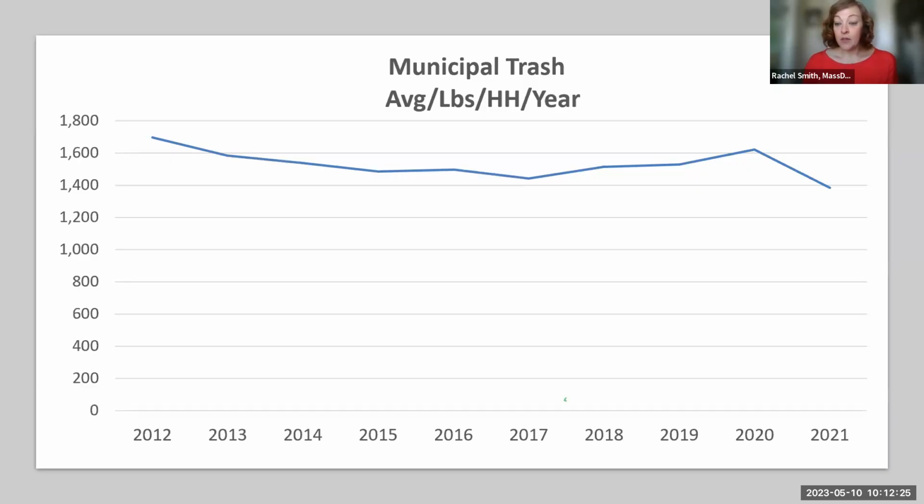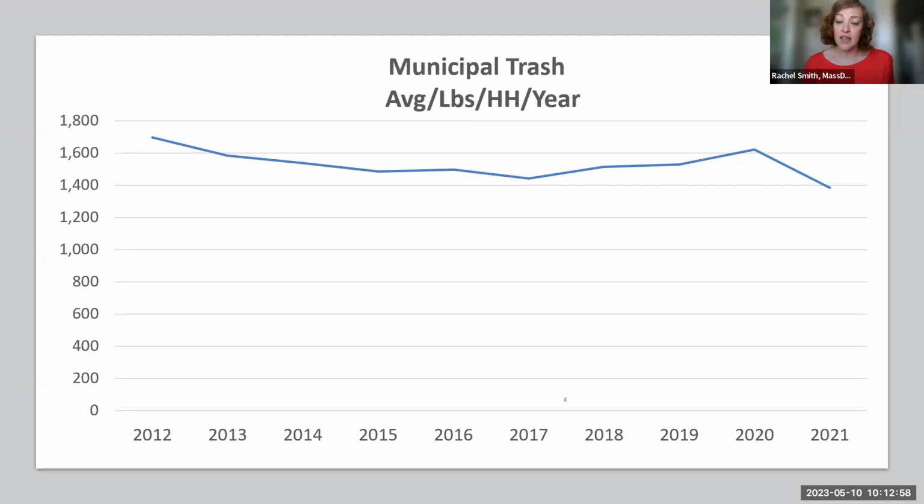In considering how the municipal waste reduction branch can contribute to waste reduction for the Commonwealth, we've looked at our municipal trash numbers over the years. It's important to know that this data is a subset of data. It's based on what is reported to MassDEP by you all through the Recycling and Solid Waste Survey. So it only includes residential trash tonnage, and it only includes from the residential generators that are part of the municipal trash program. So that's just one caveat.